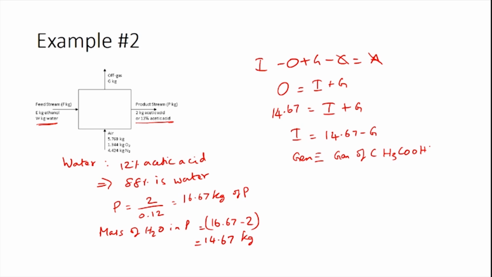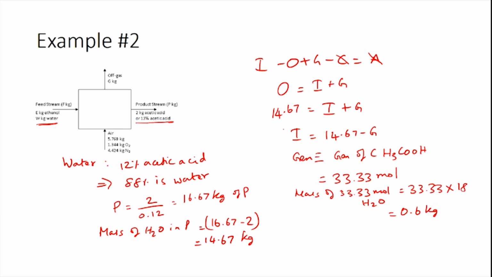So, thereby this is equal to 33.33 moles. 33.33 moles of water would have a mass of 33.33 times 18, giving you a mass of 0.6 kilograms. So, substituting it back into this equation, which is the balance equation for water, you get